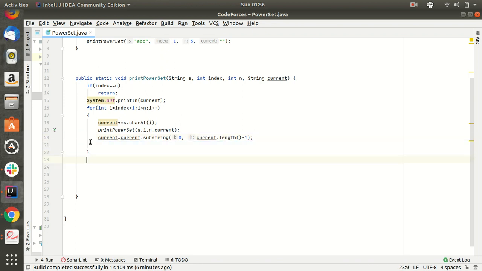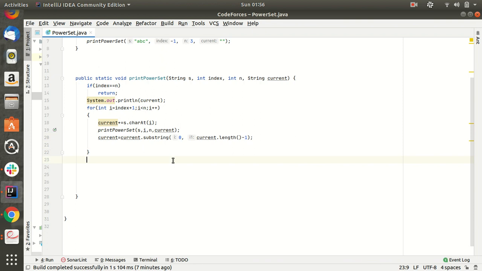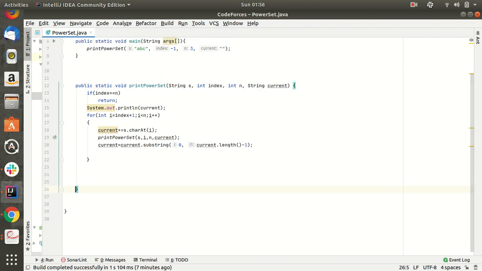So whatever character was added was then deleted in this step. This is the backtracking step. After this is the end of the function.